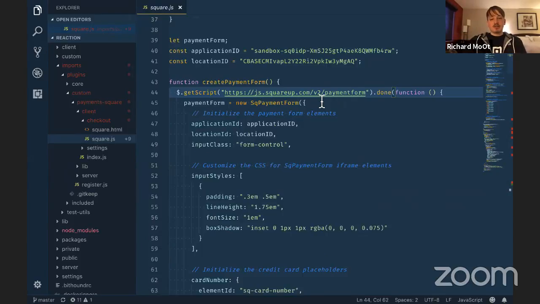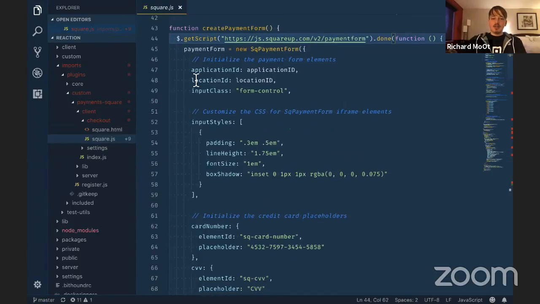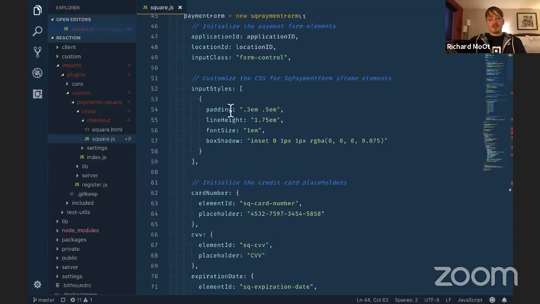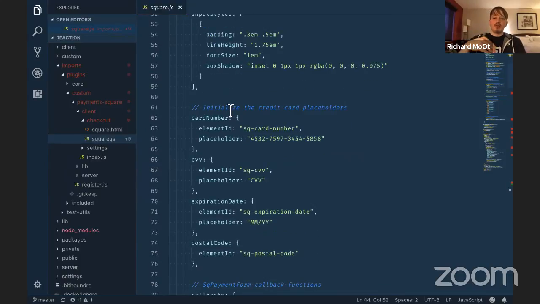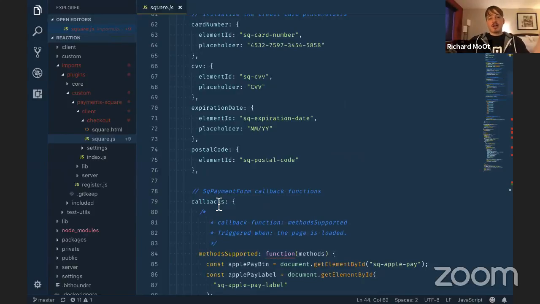And then from there, it's just a standard payment form configuration object with the application ID, location ID, and the rest of these is just stylings to fall in line with how forms were already looking on Reaction Commerce. And after that, these are all just standard config parts for creating a payment form in Square. If anybody wants more details on this, you can visit squareup.com/developers and go through our documentation where we go into more detail on how you can configure a payment form for your specific implementation, because you might also want to support Apple Pay or MasterPass, and those would be additional options on the config here.